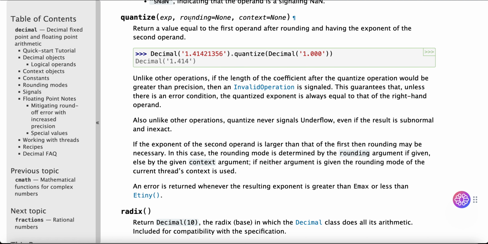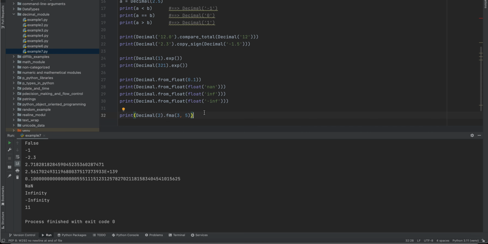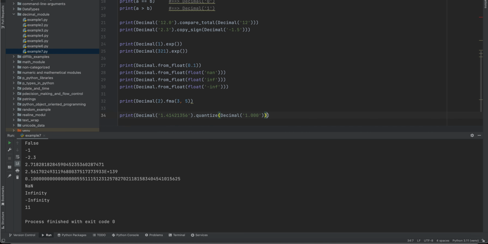quantize(exp, rounding=None, context=None). Return a value equal to the first operand after rounding and having the exponent of the second operand. Decimal('1.414').quantize(Decimal('1.0')), print